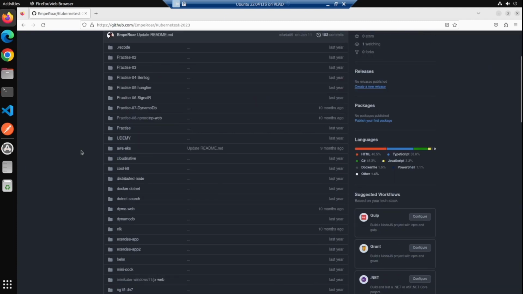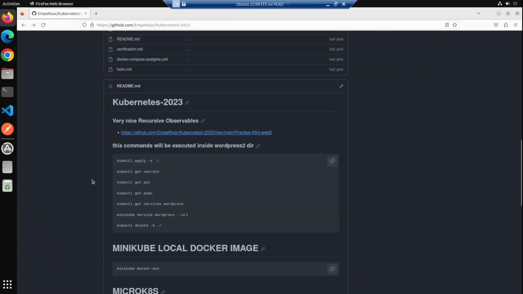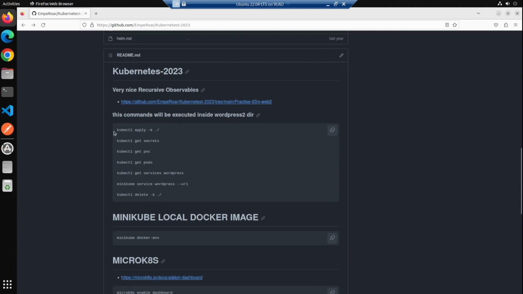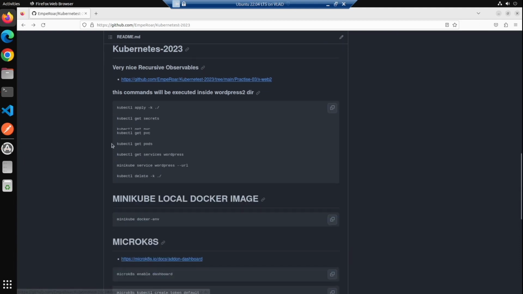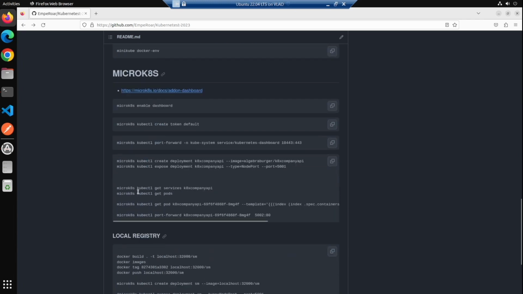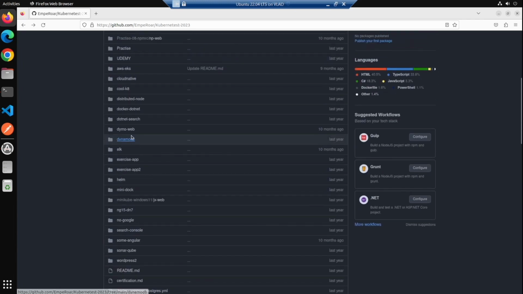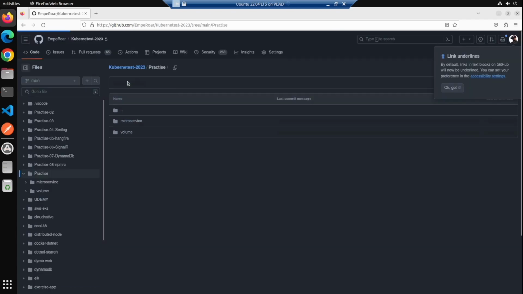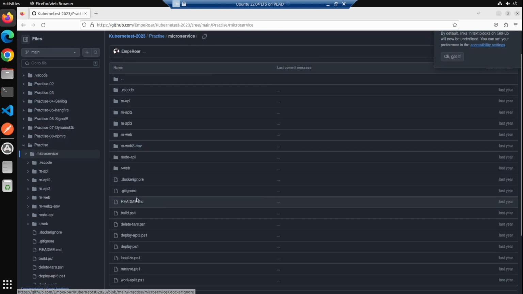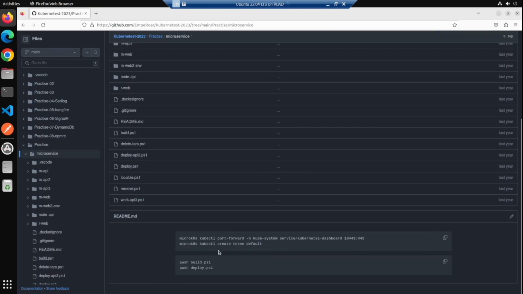This should be in, I think it's in practice. Or let's see if there's a readme here. Nope. Where is it? So I think it's in practice and microservices. Yeah, microservices. So yeah, everything is in here,